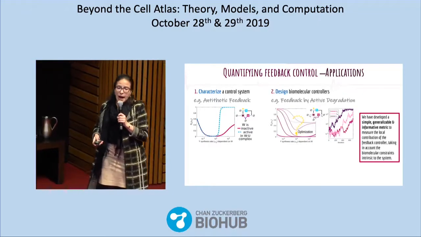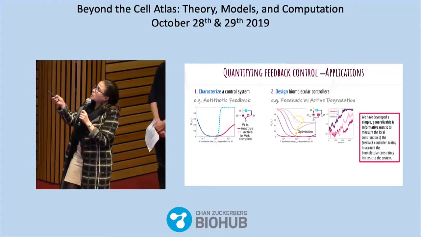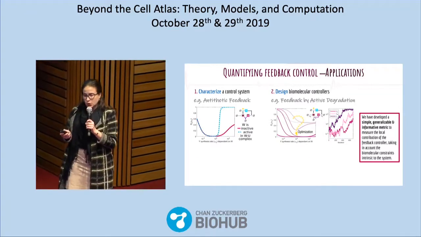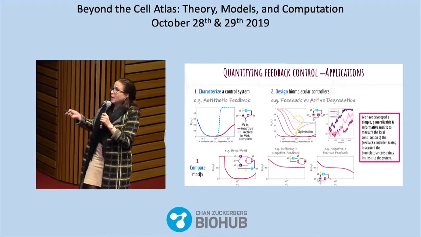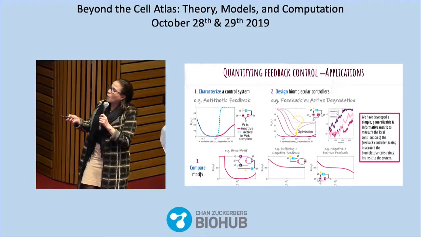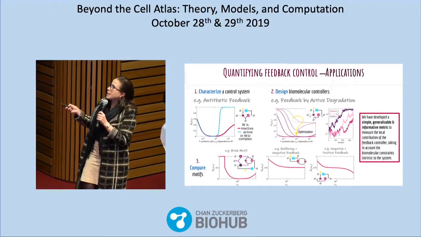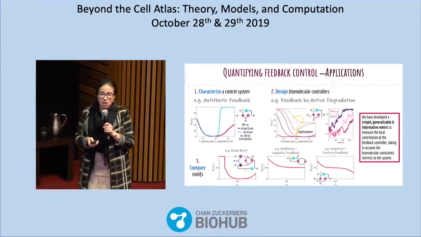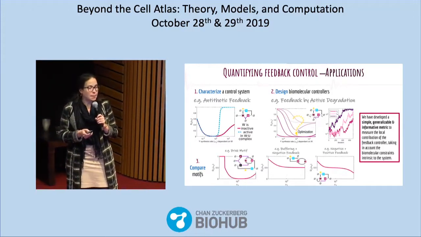In the same way, given that the metric is so easy to interpret, we can computationally optimize it to find the best possible design for a particular process and control system. And finally, by providing a unifying framework, we can also use it to compare distinct motifs and find the strengths and weaknesses of all these in a wide range of conditions and processes.